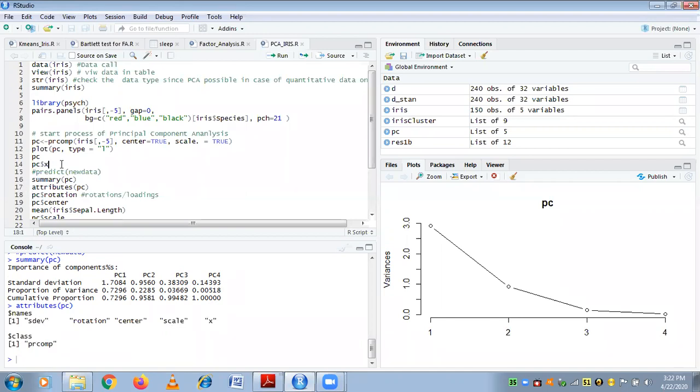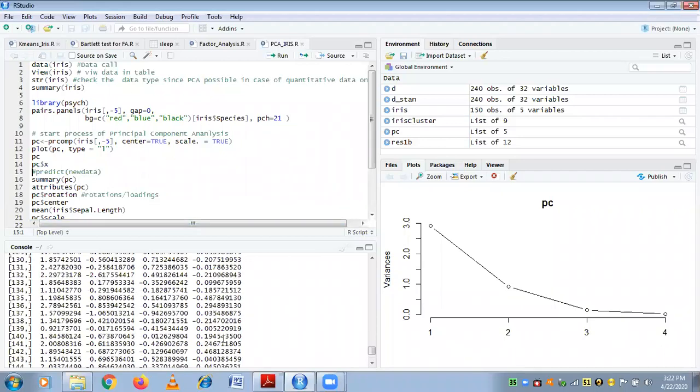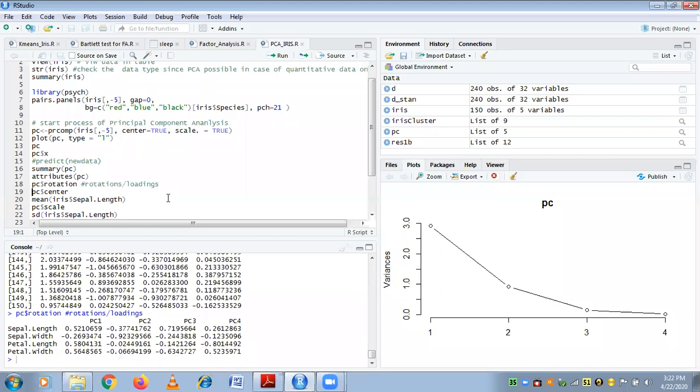I think we didn't see the x here. With x, we'll get the principal component values for each observation in your data set. Rotation gives you the factor loadings for each of the variables.